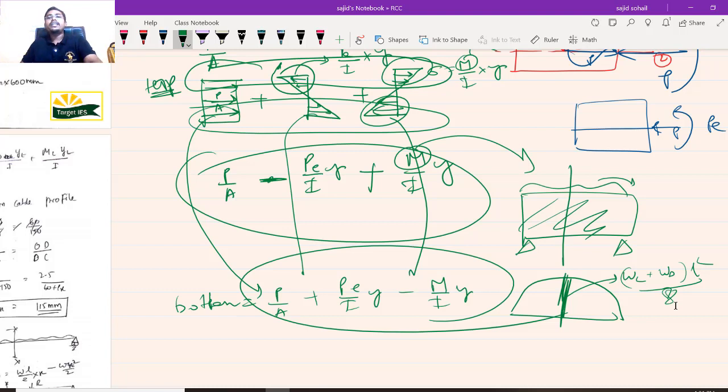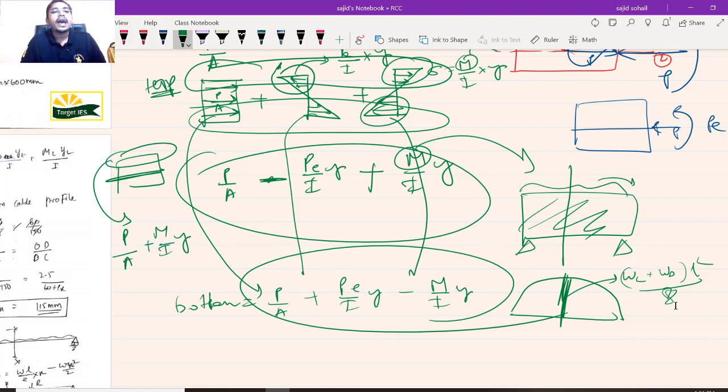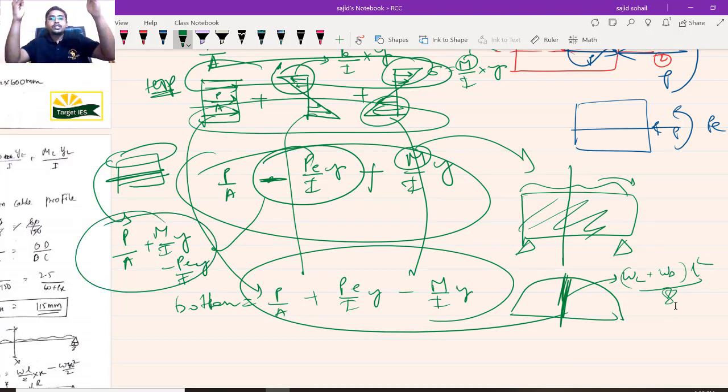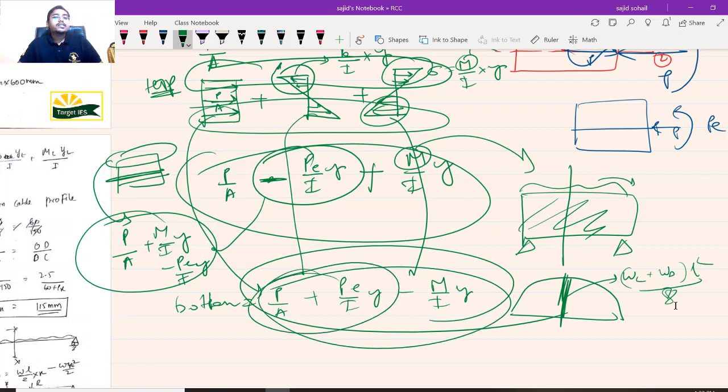So what is the advantage of giving this eccentricity? Because in the previous case, if eccentricity was not given, my compressive stresses at the top were P by A plus M by I into Y. But now, as I have given a certain eccentricity, this factor, minus PE by I into Y, is extra. Therefore, my compressive stresses at the top are decreasing in my structure, as well as you can see here my compressive stresses at the bottom are increasing, and the more the compressive stresses, the less the chances of tension being generated at the bottom fiber. The value will not go negative, right? The chances of going negative are reduced. Concept is very clear. Got it?